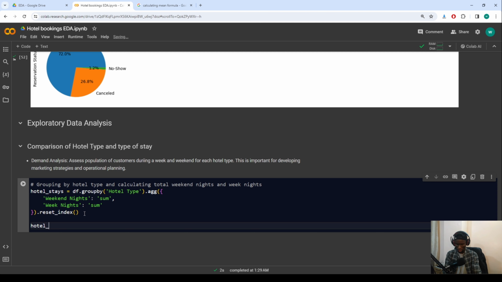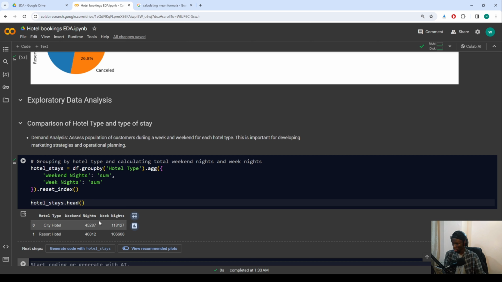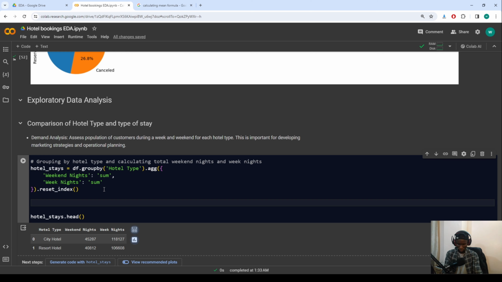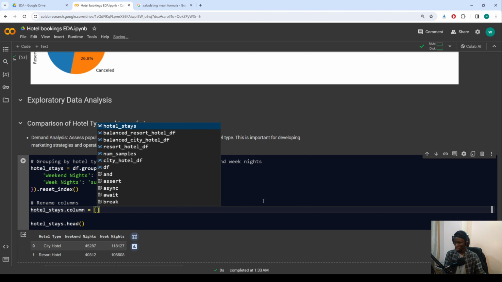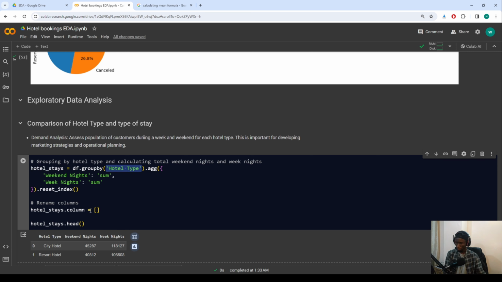You can also rename these columns. Say hotel stays dot columns, we're going to rename them: the hotel type, then after that something like total stays in weekend nights and total stays in week nights. So when I execute this,